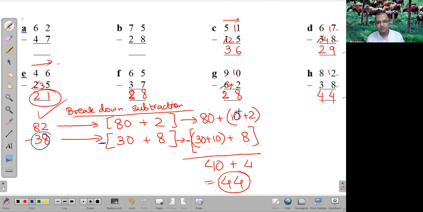And this 2, we will convert it to 12. We need a number greater than 8. So we are adding a 10 here. If I am adding a 10 here, I should also subtract it. So where am I subtracting? I am subtracting here. Although this is plus, when we subtract, actually it becomes minus. So this 30 plus 10 is now 40, and 80 minus 40 is 40. And here this 10 plus 2 is 12. 12 minus 8 is 4. 40 plus 4 is 44. Okay, Prabhuji, thank you.